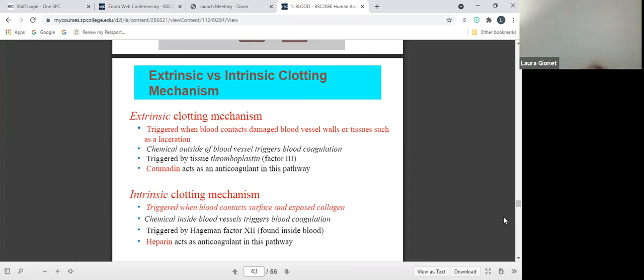The intrinsic pathway is triggered when blood contacts a surface and exposes collagen. So when it's coming across an unusual or foreign surface, so to speak, chemicals inside the blood vessels trigger blood coagulation. The anticoagulant in this pathway is heparin. These two things are really good to know. Extrinsic pathway, think of a laceration and a break in the blood vessel. Coumadin is your anticoagulant. In the intrinsic pathway, it's when blood comes across foreign surfaces, where we're triggering